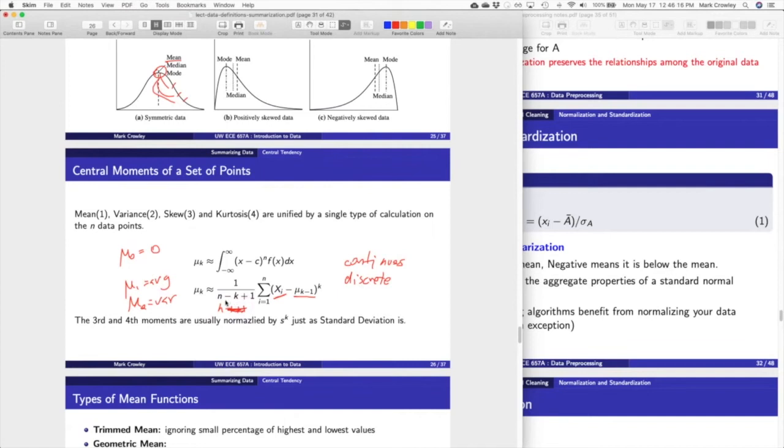Why do you have to do that? Because you're comparing points to points, right? So you can't have n points, you have to have one less point because you're comparing pairs of points. And that gives you the variance, right? And the standard deviation is the variance squared, so we kind of use that. But yeah, and the skew is the same thing, but where instead of comparing to the average, you're comparing to the